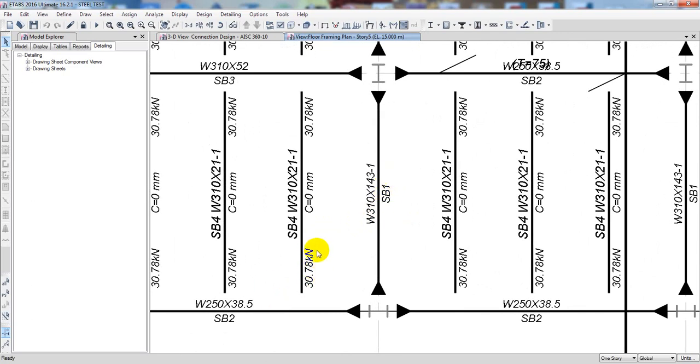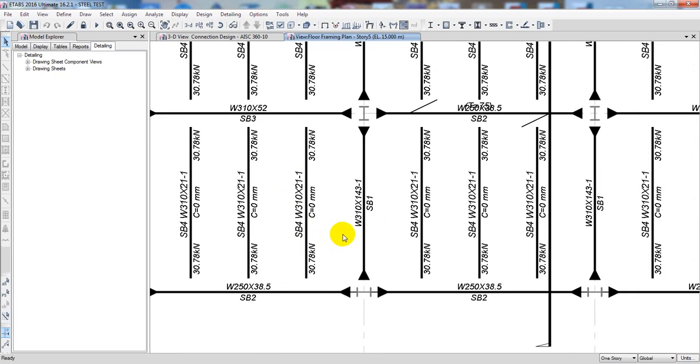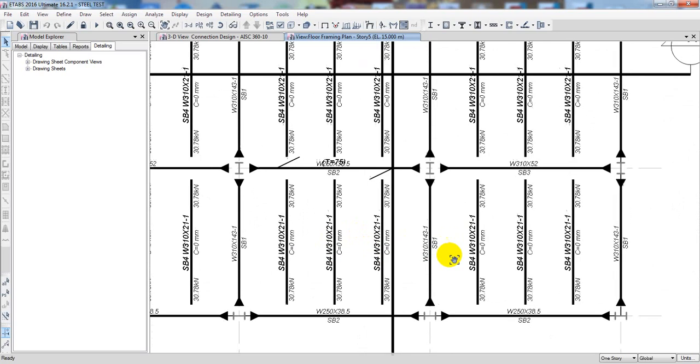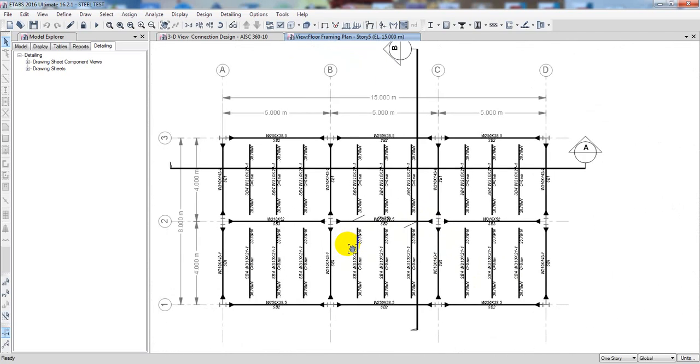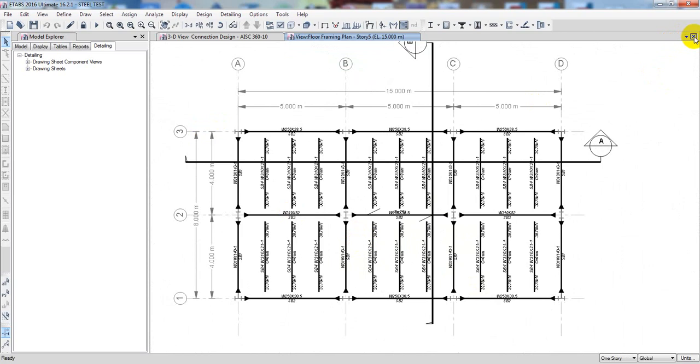Here this is the side shear, and the number of the section that we have taken for our composite section is SB4. This is that section. Now if I close that,